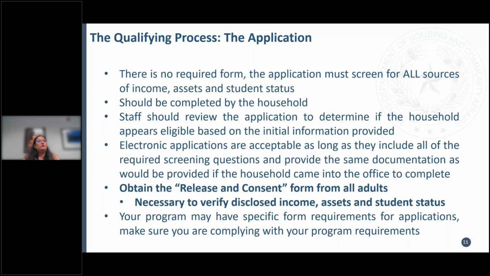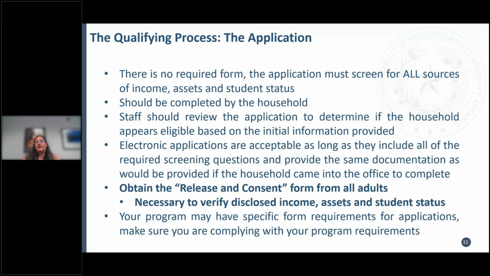But if you don't, and you just have affordable units, that may be an instance where instead of wasting their time and staff's time, you let them know, hey, all of our units have income limits, and unfortunately you don't fall under those. So that would be why we would want you to review that before any money is exchanged or before a lot of time is spent.